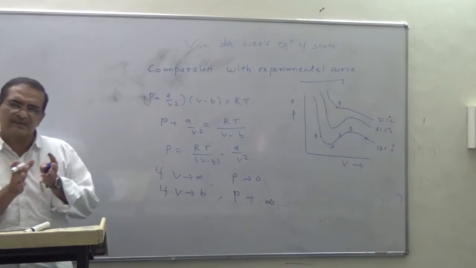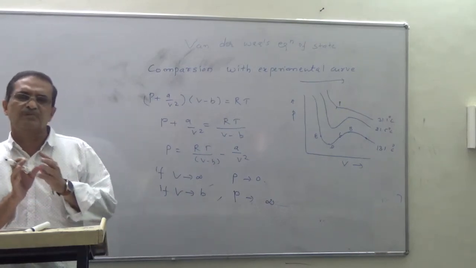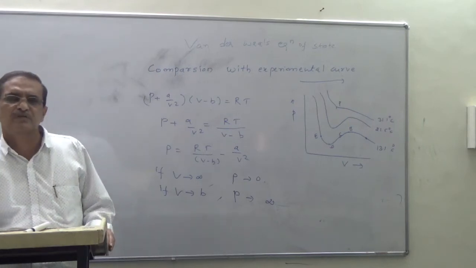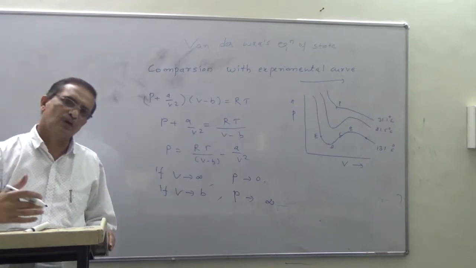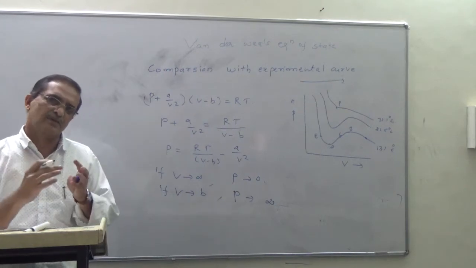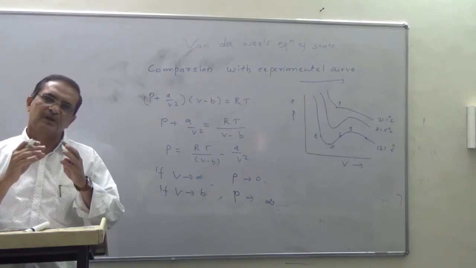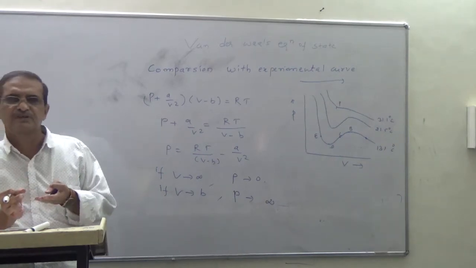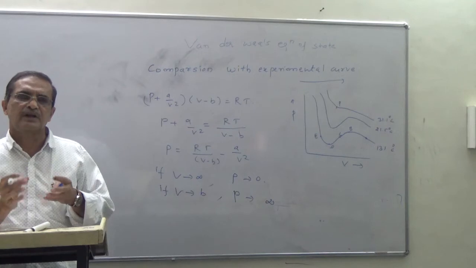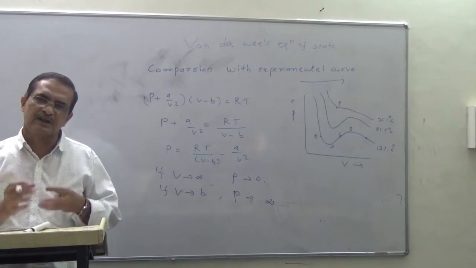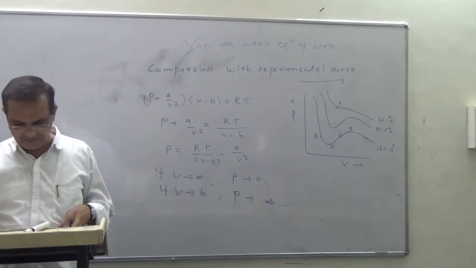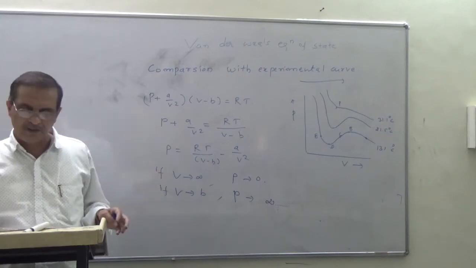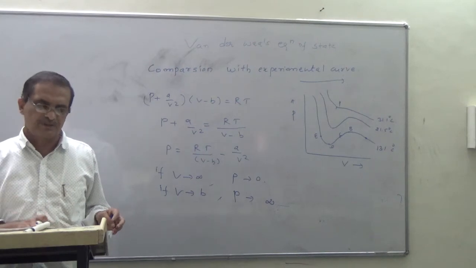So there is an inverse relationship between pressure and volume. If volume is large, naturally pressure will be small. If volume is small, the gas molecules are crowded together, a large number of molecules coincide with each other, and the intermolecular force is large. That means the pressure is large. So using these conditions, we will plot a graph of P versus V.